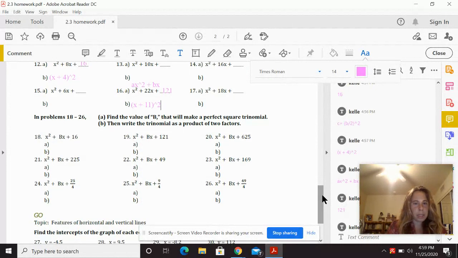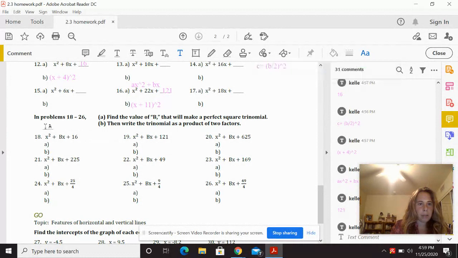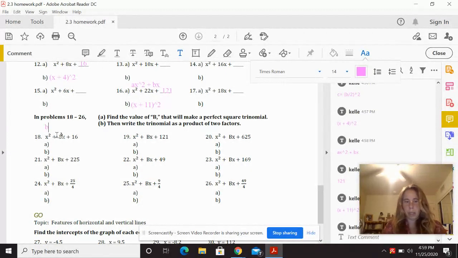Problems 18 through 26: find the value of b, then write the trinomial. Okay, so you're working backwards, or kind of. Instead of trying to find c, you're finding b. So I believe Mr. Byrne gave you a formula for this too. He said b is equal to 2